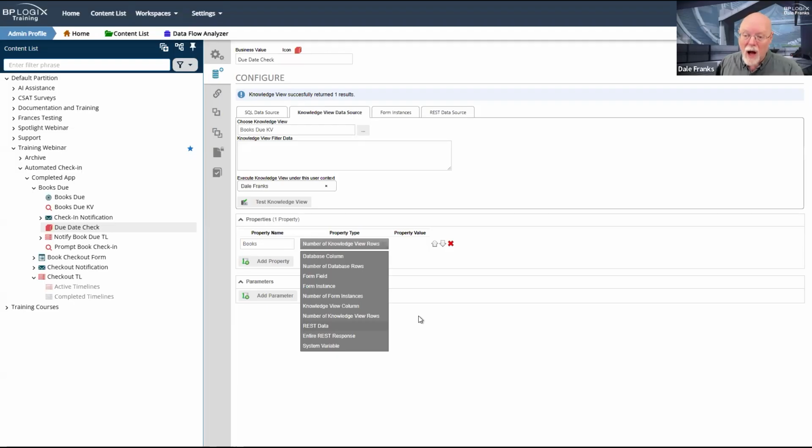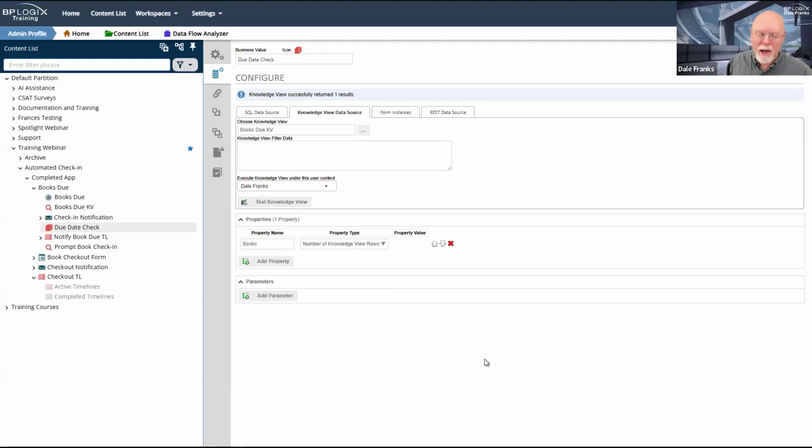So this business value is only going to return an integer number. It's going to return 0 through n. If it is anything other than 0, we got books that need to be checked in. We need to invoke those processes. If it's 0, then who cares? We don't need to do anything. Our job is done.